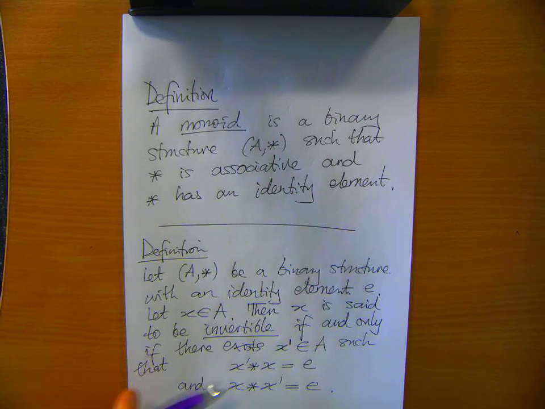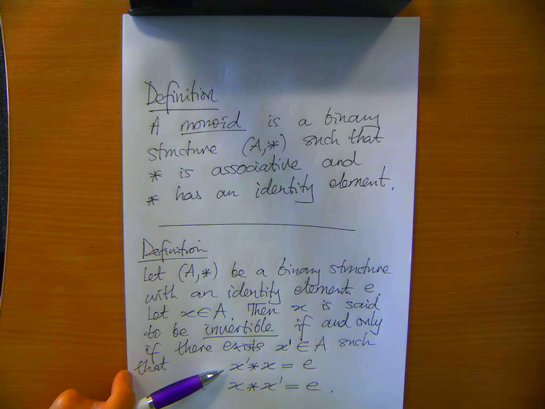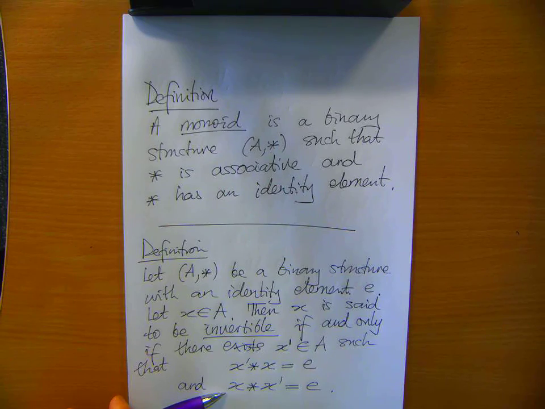So this first one is saying that x prime is kind of an inverse on the left, and the second one is saying that x prime is an inverse on the right. But I'm going to want both